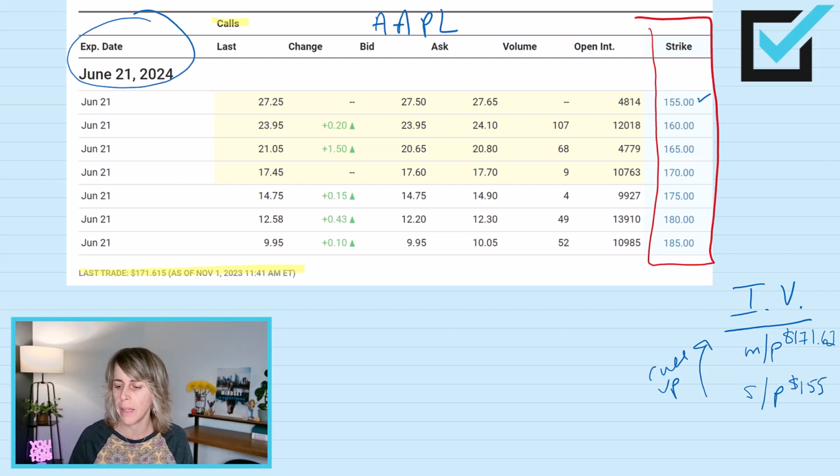$155 strike price. Is this option in the money? Yes. How much is it in the money? Now,